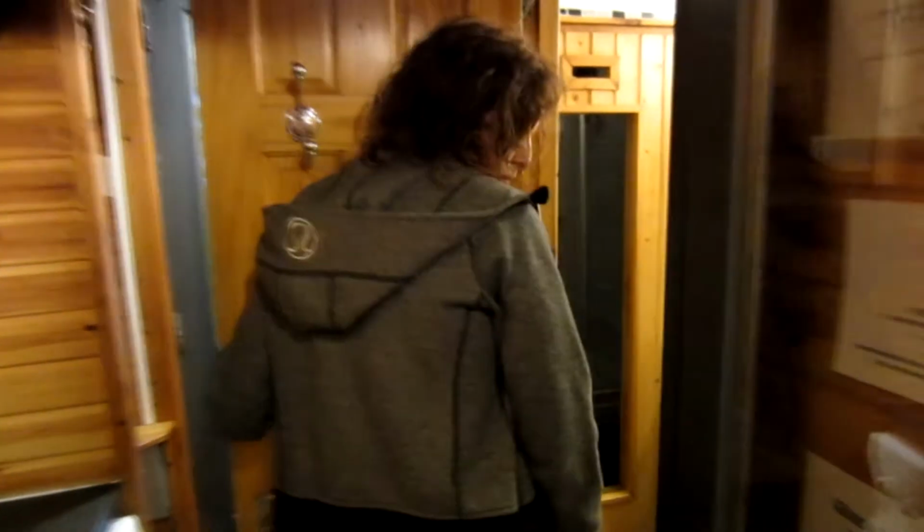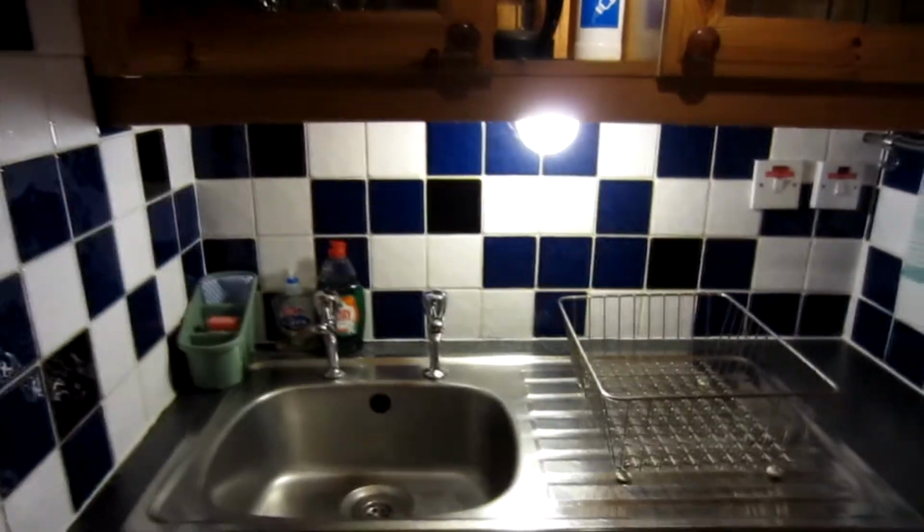This is our bathroom. Got a shower, toilet, and then the best bit, we've got a sauna, so we need to figure out how to put that on. But definitely we'll get into that later on. So that's very nice, lovely. Then tiny kitchen. I say that, it's not much smaller than our kitchen at home is. And then through